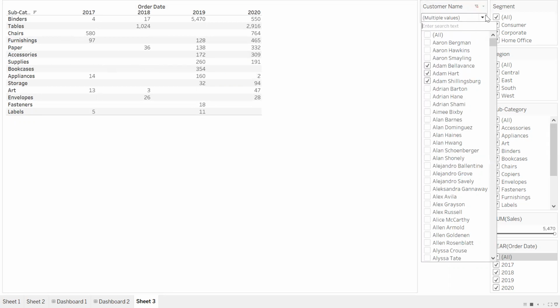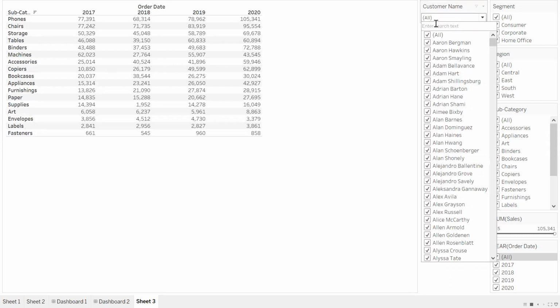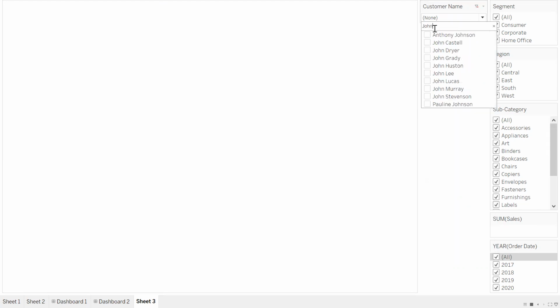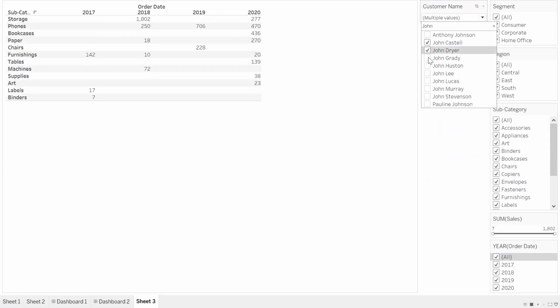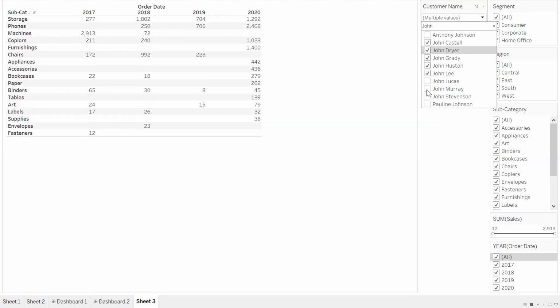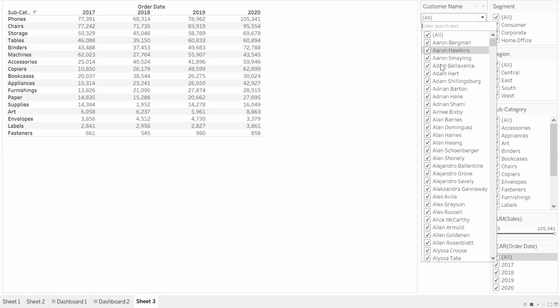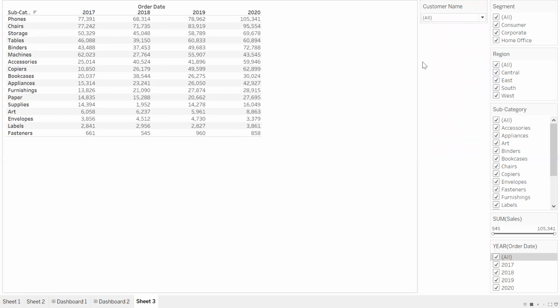So if you want to select multiple values, let's say I want to search for John. Now there are few customers with John, right? The naming convention starts with John. So I want to showcase only the customer names starting with John sales information. So this is the customer name John's information. What I mean to say is, let's put aside the naming conventions and all those things. I'll showcase that in the next concept, filters on dimensions. That's an interesting one. But what I mean to say is, if it is a single selection, use single value list.